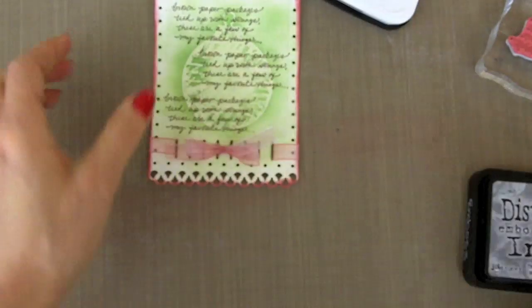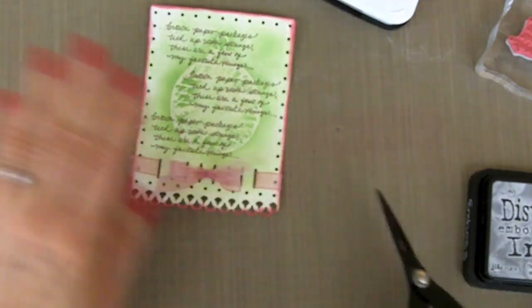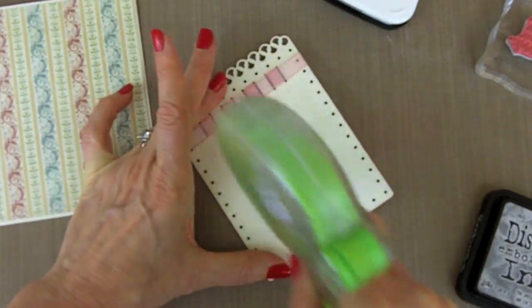And when you get your bow tied, then you can trim the edges the way that you want them on an angle here. And now we're ready to attach it to our card front. Now you can just glue down the center if you wish. I glue the center, and then I take